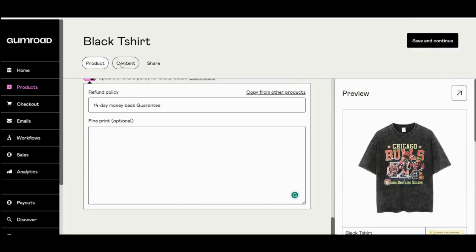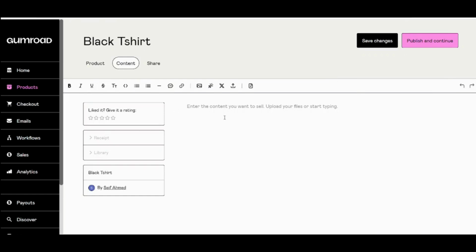So now I'm just going to go to the content, and here you can add any additional content which will be written beside these cells. So I will just leave it blank. However, you can edit any text. You can add the text you want. You can even add any files related to your product. So now, after you are done, you just need to save changes, or you can publish and continue to make